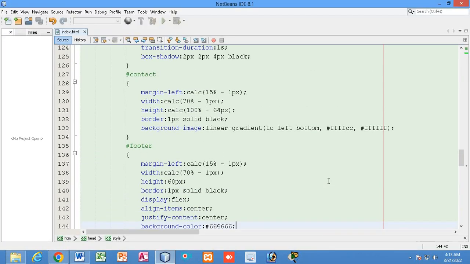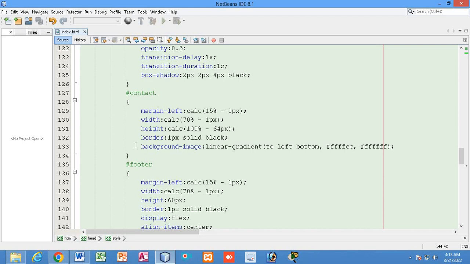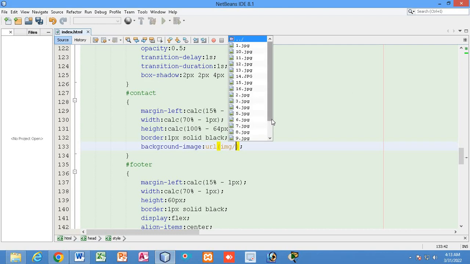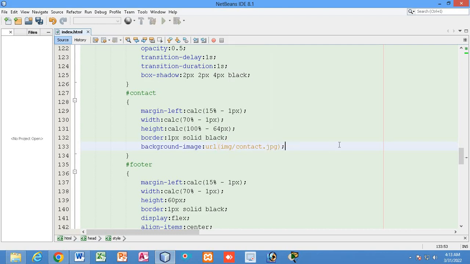Now let us do the work with the contact us div. So in the contact us div, here is the contact us div, we can simply add a picture, right? To add a background picture, instead of adding the color, I will add a background picture. Okay, inside the image we have a picture. Let's see, contact picture. So how will it appear? Let us see first.